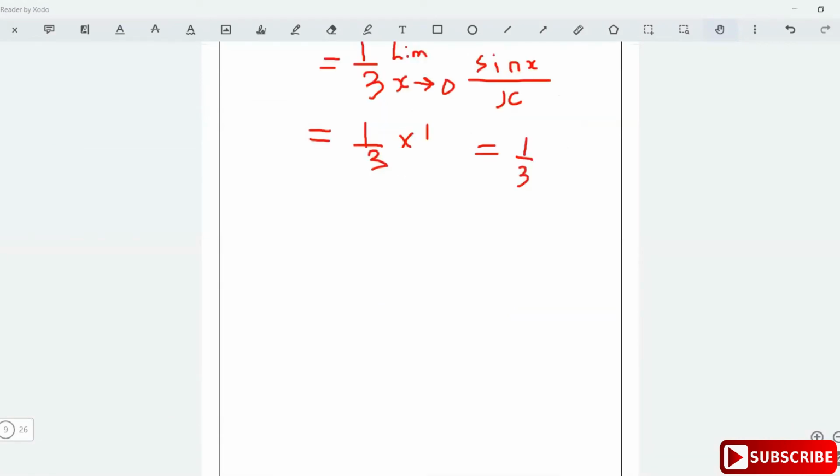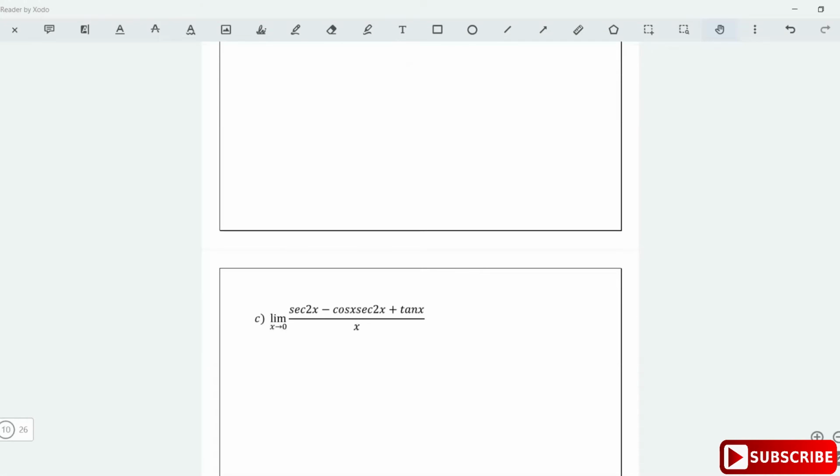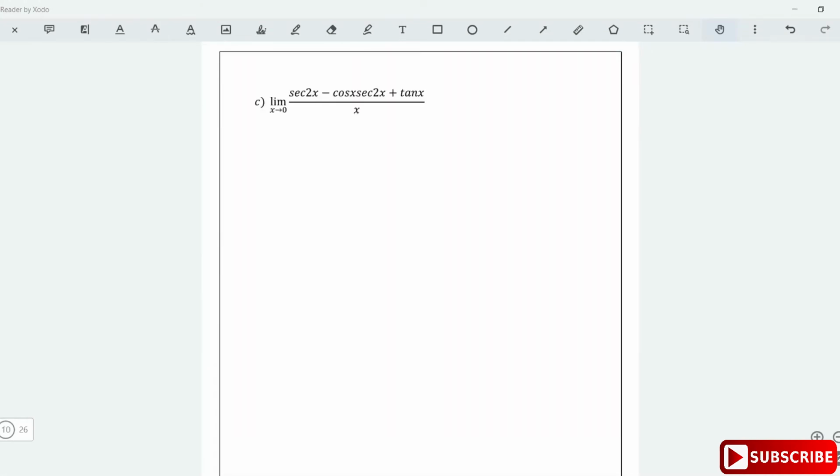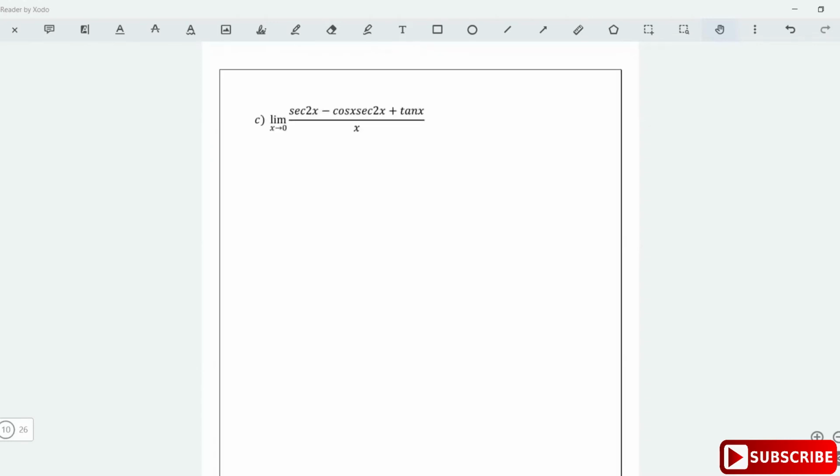Let's look at another example here. Now this one looks diabolic. It says evaluate the limit as x approaches 0 of sec 2x minus cosec sec 2x plus tan x over x. To do such a question,